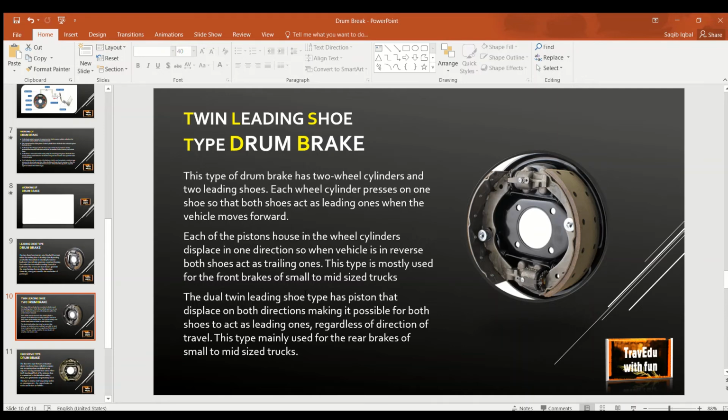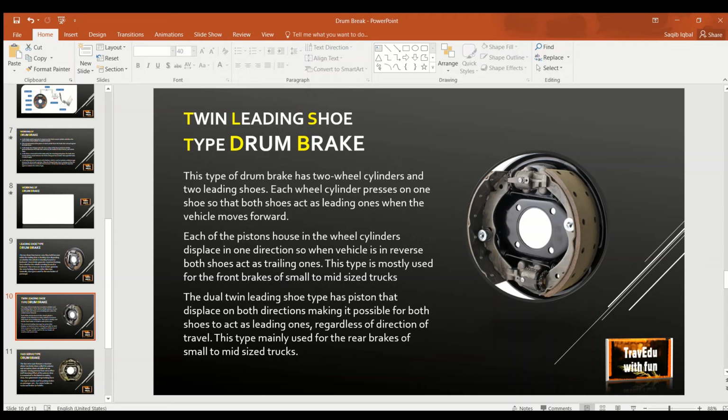This type is mostly used for the front brakes of small to mid-sized trucks. You can find it in trucks or slightly larger vehicles, not in cars or small vehicles.